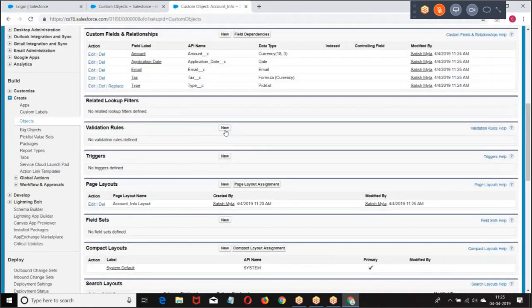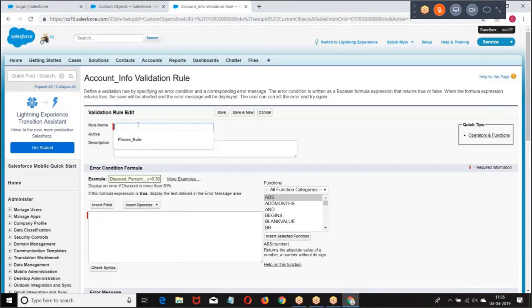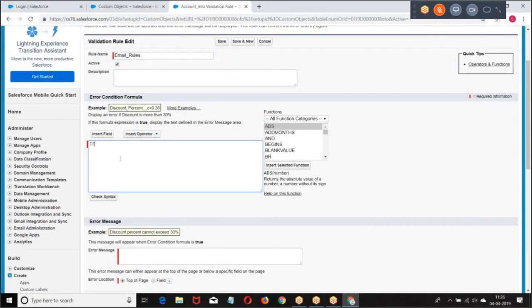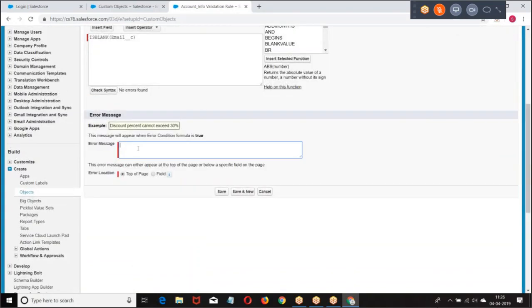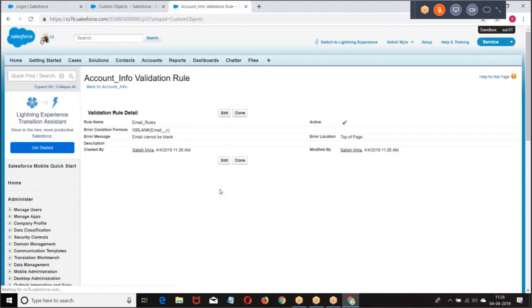Validation rules I want to write. Is blank of email. Right. This is how we have created. So object creation, formulas, fields.